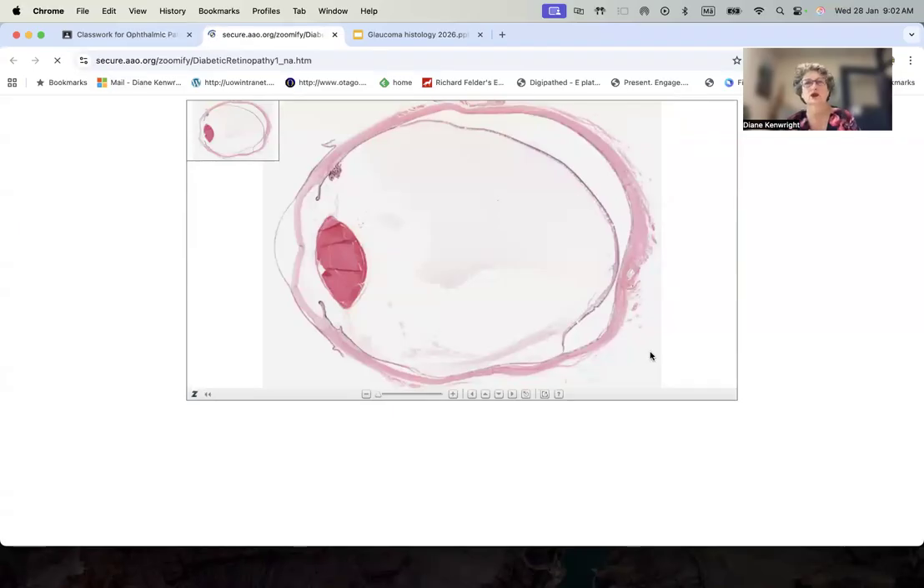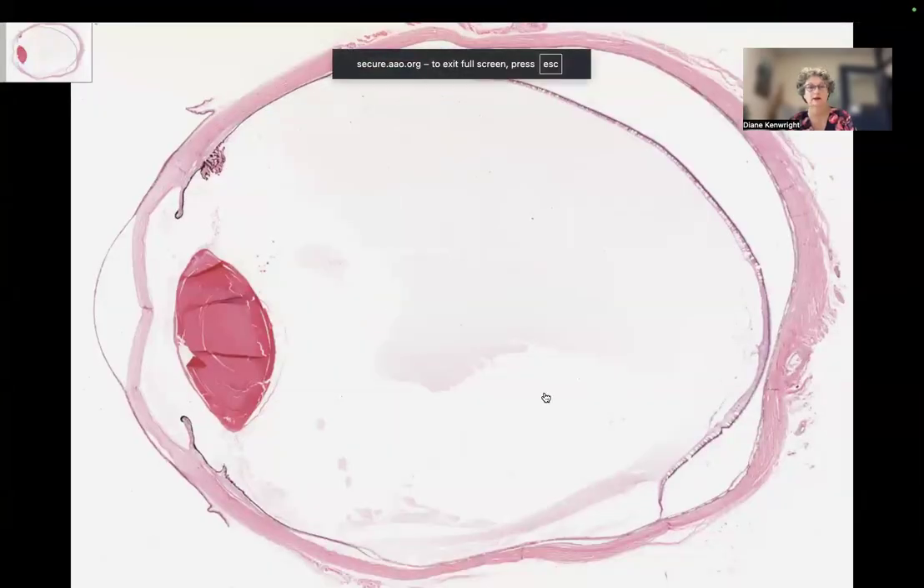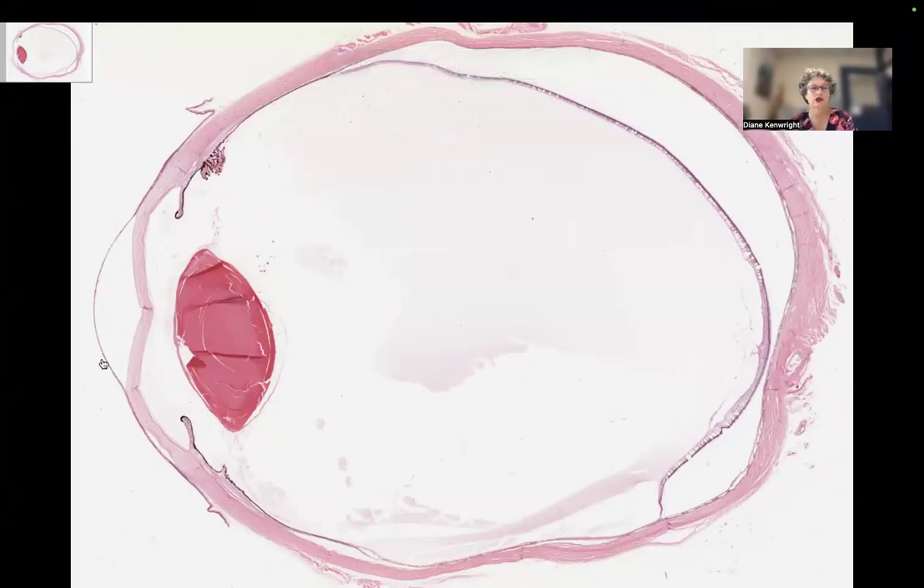The next thing I'm going to show you is the diabetic whole slide globe. So this is from AAO, and doing this will be very helpful because it'll blow it up large. So at the low power, we can see separation of the epithelium from the cornea. This is artifactual. At low power, you'll also be able to see that the angles are closed and that there